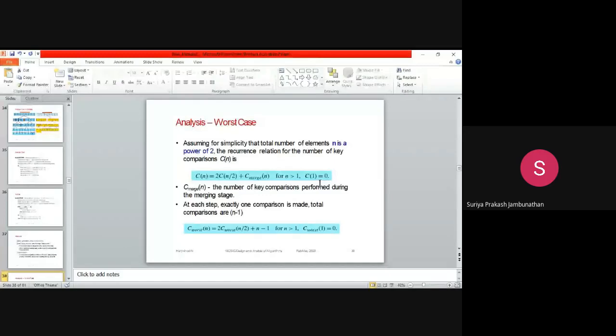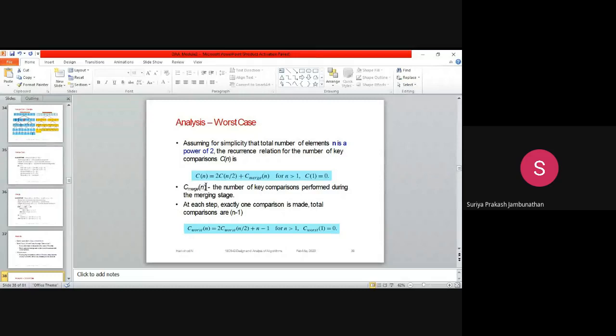Here we are just representing the comparisons as C(n). So the worst case can be written as C(n) = 2C(n/2) + C_merge(n), for n > 1, C(1) = 0. C_merge(n) is the number of key comparisons performed during the merge stage. So what is the merge comparison?